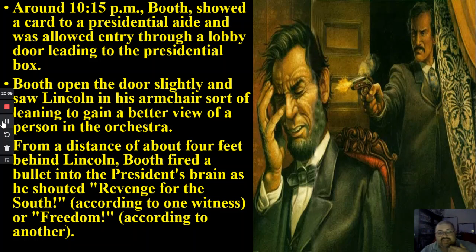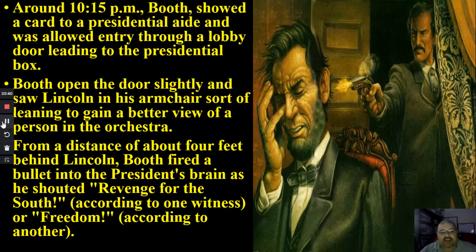Now, the thing is, Booth knows this play like the back of his hand. He knows when the people are going to laugh, cheer, when the band's going to do this loud bang noise and stuff like that. So he's just waiting. He's waiting. Lincoln's still leaning over. And when he gets about this close to him, he shoots him. Right when the people start laughing, the band starts playing, bam, he shoots him, and hits him right behind the right eye area.